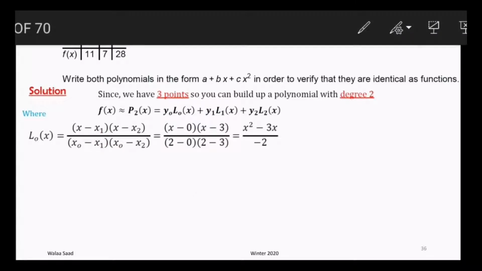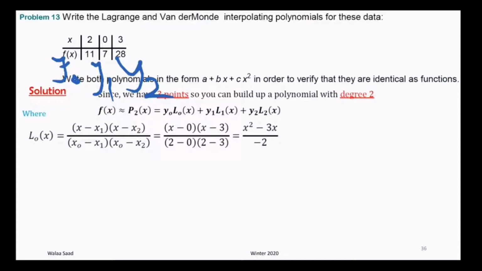It's beneficial in that part to write over the table that this is the y0, and here write that this is the y1, and here write that this is the y2. Do this again for the x values, x0, x1, x2, so that when you are substituting these values, you will just look and not calculate or take care of the order each time you are substituting. Reformulating or approximating this value, rewriting it to x squared minus 3x over negative 2,